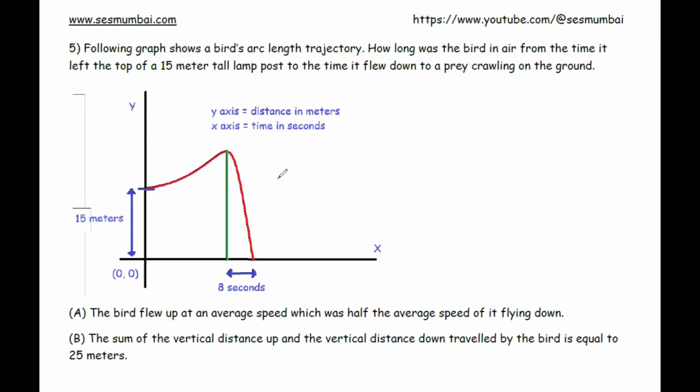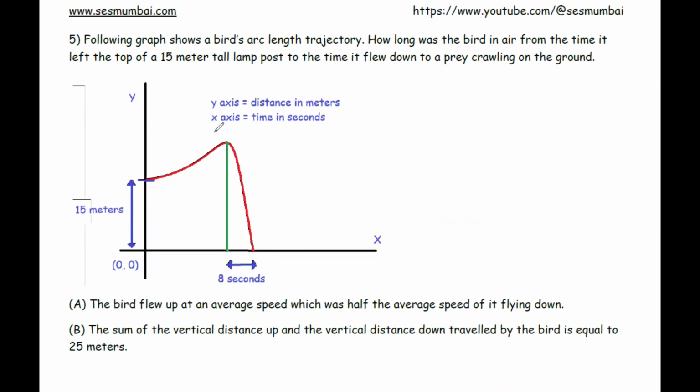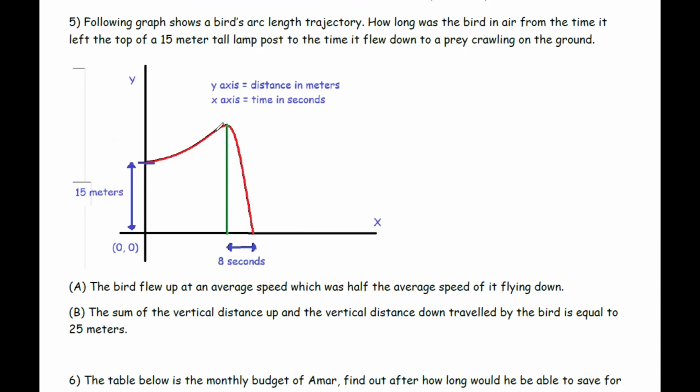Fifth one. Now, I intentionally took this graph problem again. All right, so let's see. Following graph shows a bird's arc length trajectory. How long was the bird in air from the time it left the top of a 15-meter lamppost